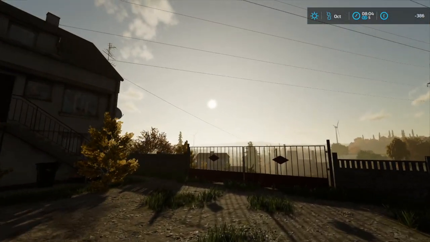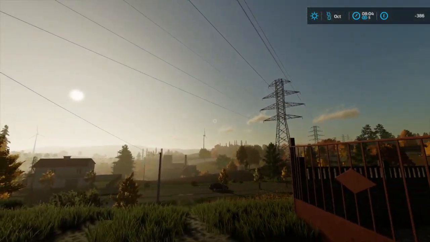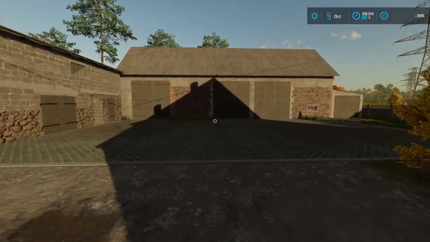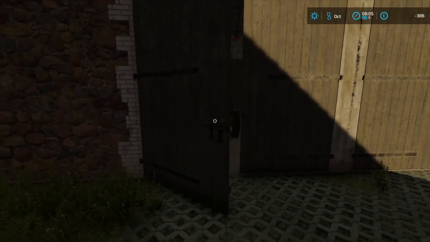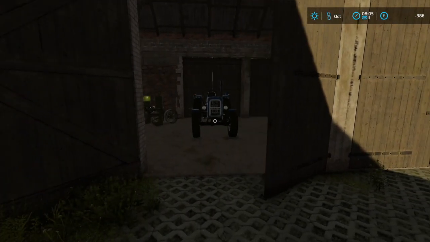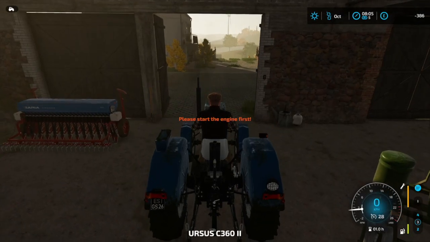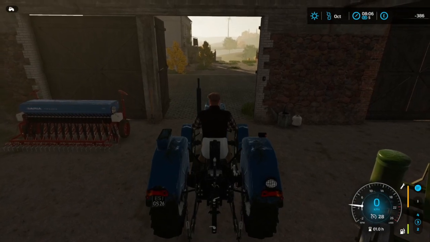Right, we are in October and it's just after 8 in the morning. Beautiful, beautiful autumn morning indeed. We do have, as you can see, a negative amount of money. We are actually in the hole, as it were, by £386. Now, that's not a massive problem for the first day's task, which is to actually cultivate one of our fields